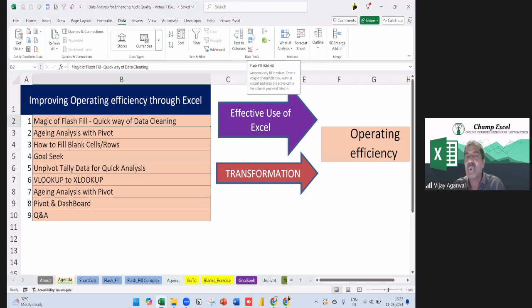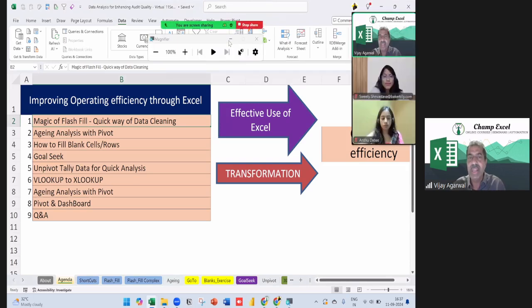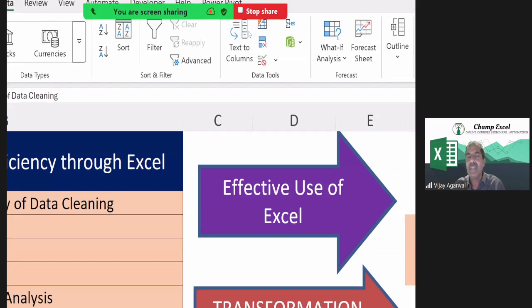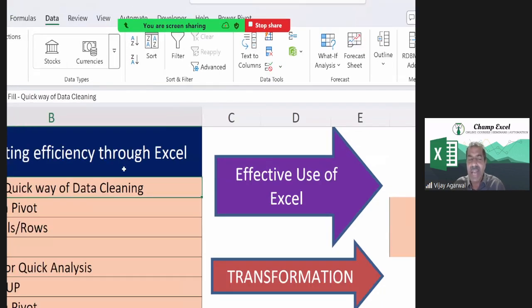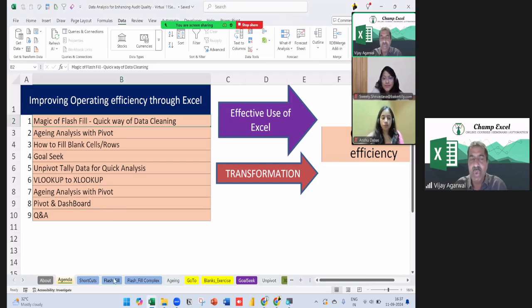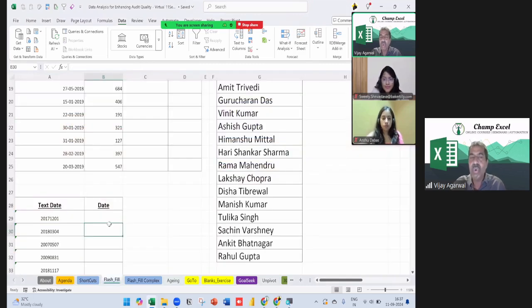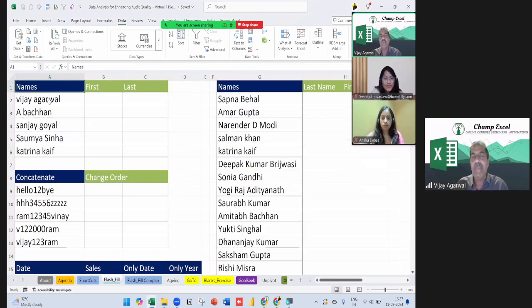And what is the shortcut key? I hope you can see it, let me enlarge the size of my screen a little. So this is Flash Fill, and the shortcut key is Control E. When we use the shortcut key, a lot of things we can do with it.